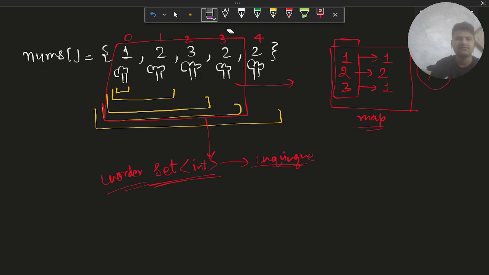If you use the ordered version, that means simple set or map, then one more feature is included: all the data are stored in a sorted fashion. We don't want a sorted fashion right now in this problem. So this is the set, and what we will do is